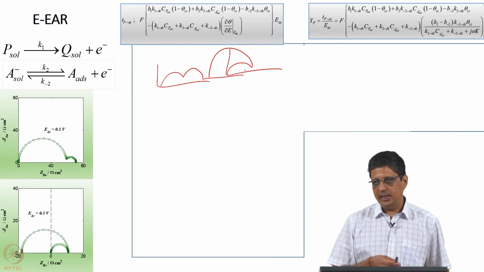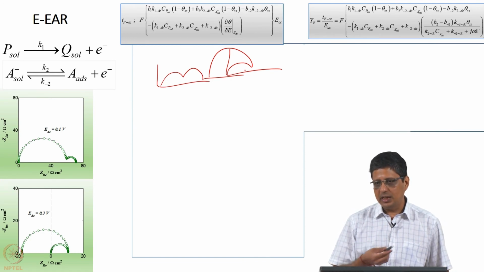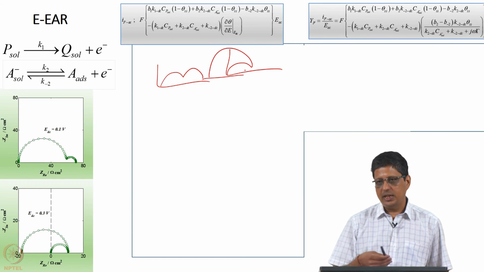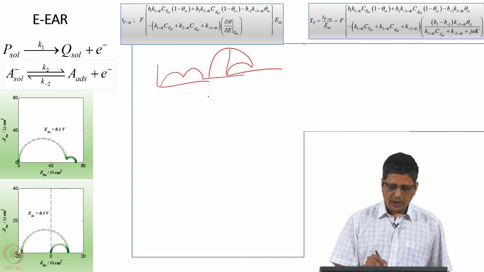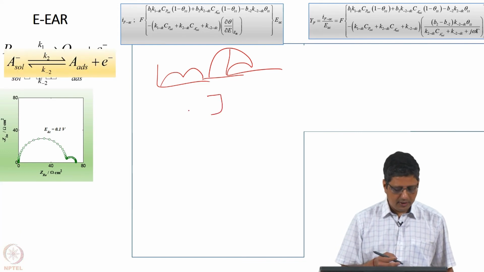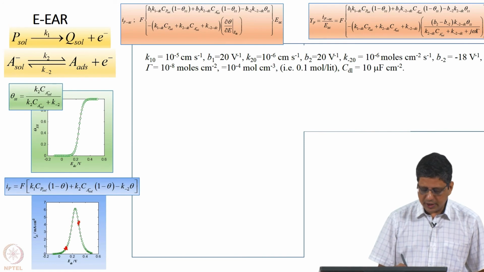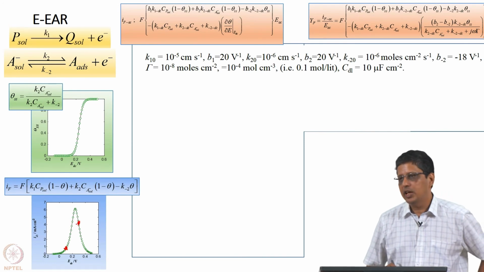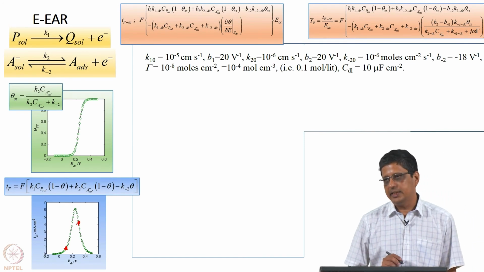You have negative impedance, you can show that this model will give you negative impedance, you can say why does it become negative. Physically, what can I say about the reaction? Why does it become negative? Why does it appear to show a negative impedance? It is not showing negative impedance in the sense when I give potential, increase the potential. If I go here, look at this location. When I increase the potential, what happens to the current? It increases or decreases?